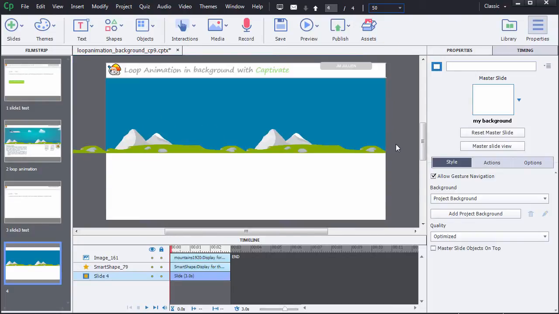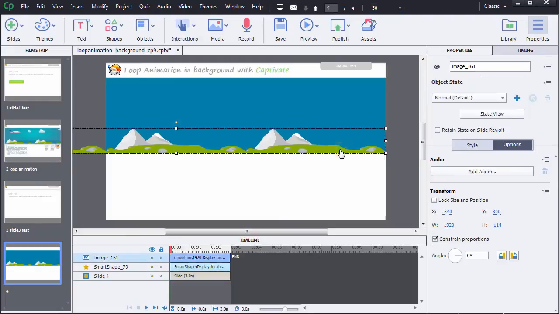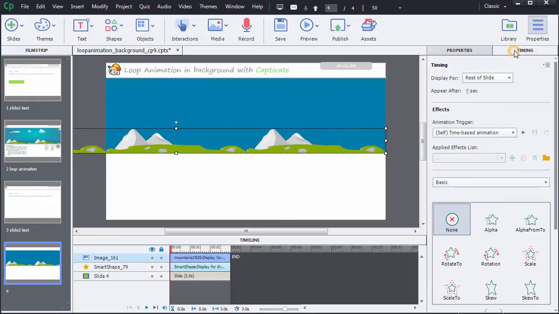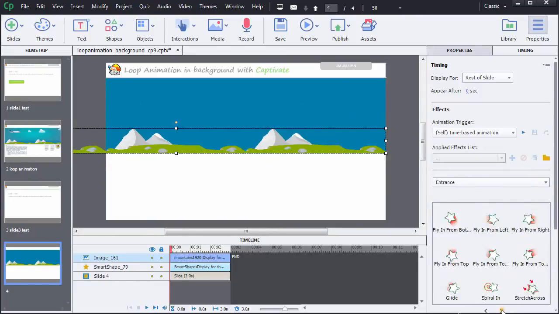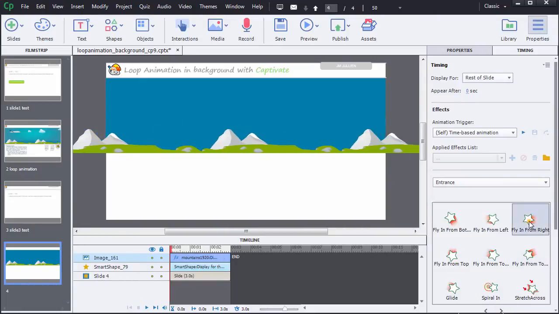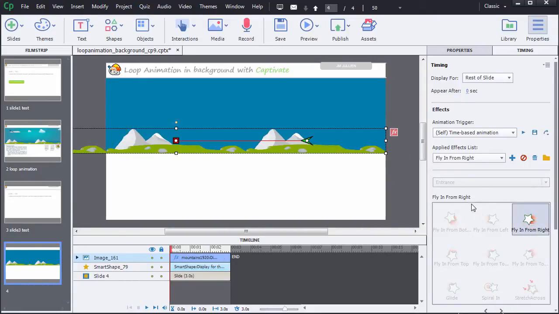Now we have correctly placed this picture with our setting, we are going to animate it. To do so, I'm going to apply the Fly in from right effect as previously. Once done, notice two important points.